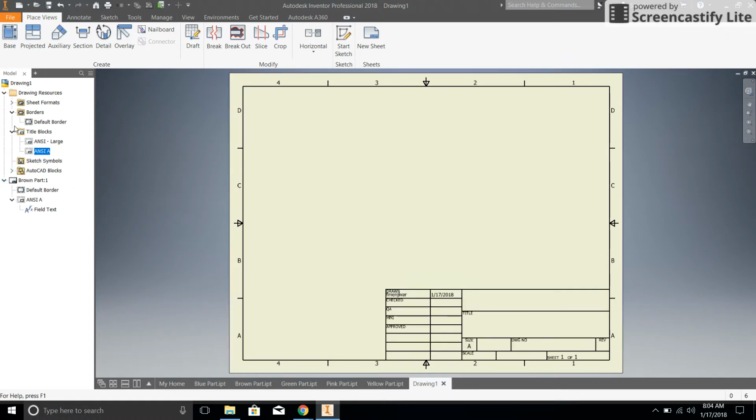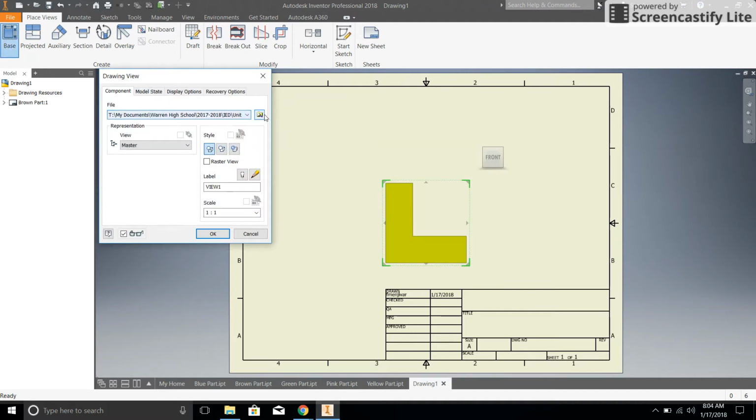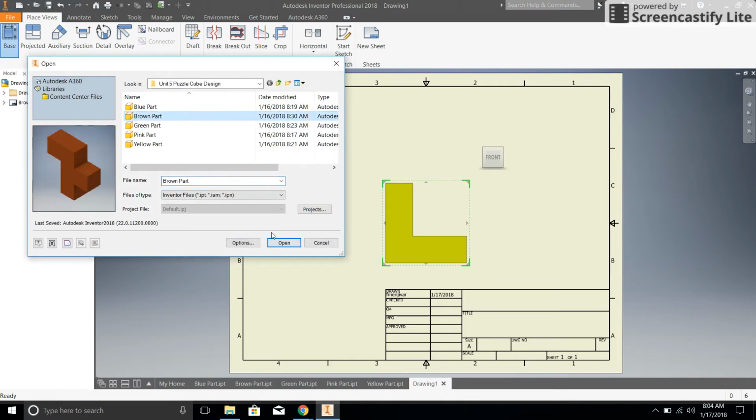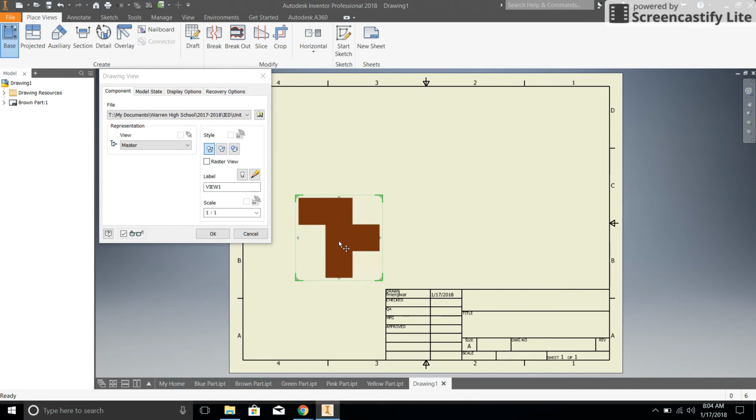Now, if I close up my drawing resources and my brown part 1 sheet, you'll notice that this title block and border is now selected for this individual sheet. So I'm going to bring in my base view. I said I was going to make the brown part first, so I'll do so. And there it is, brown part. At this point, it's as easy as 1, 2, 3,